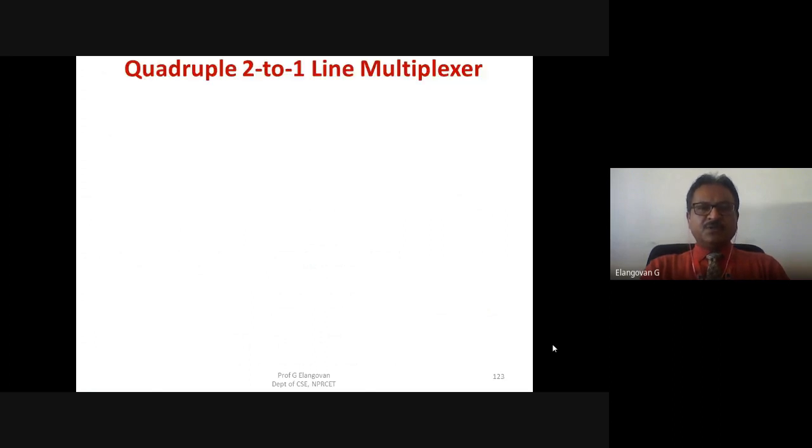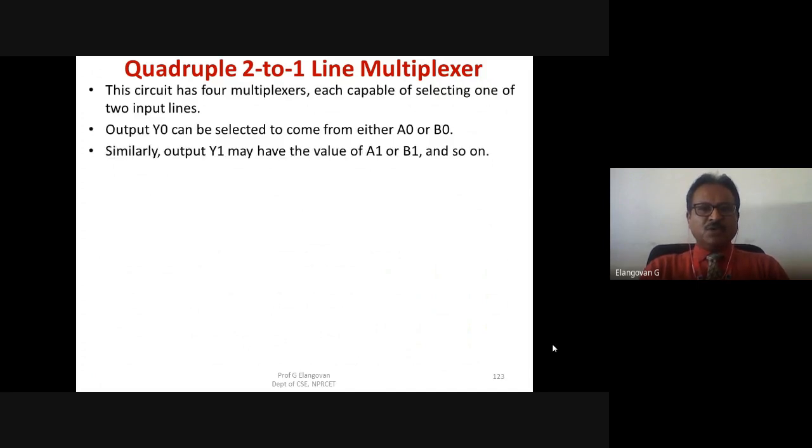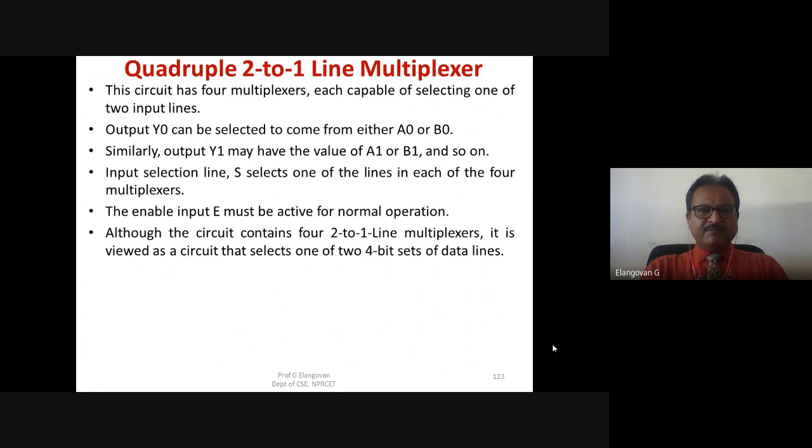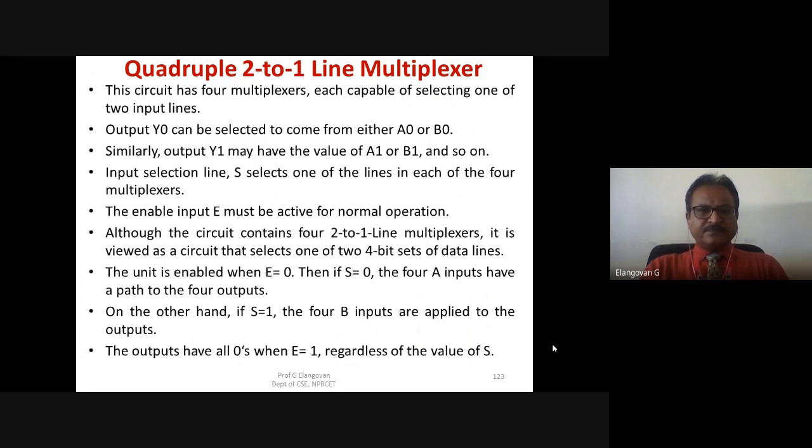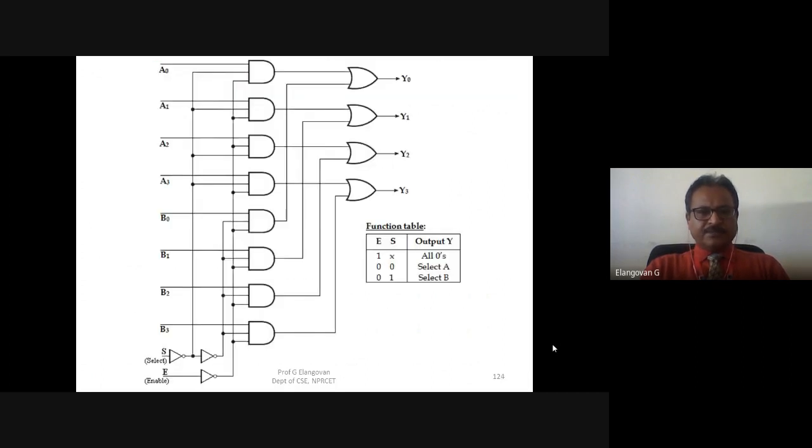And the quadruple 2 to 1 line multiplexer, that is, with the help of two 2 to 1 multiplexers, we can implement a 4 to 1 multiplexer.